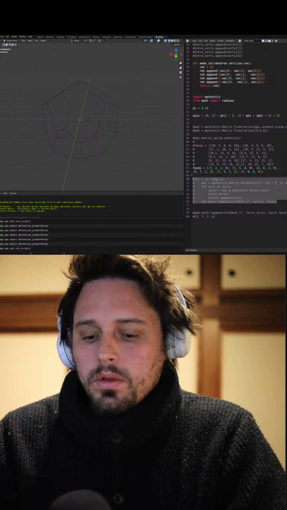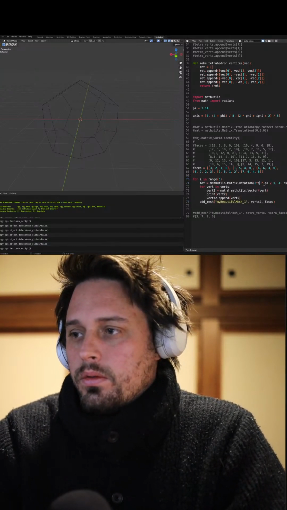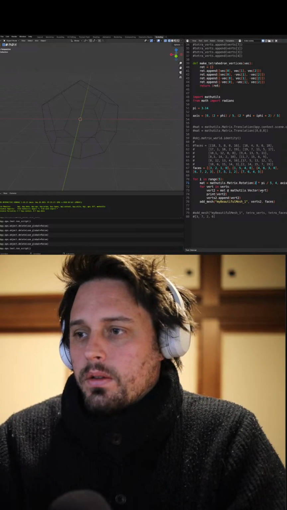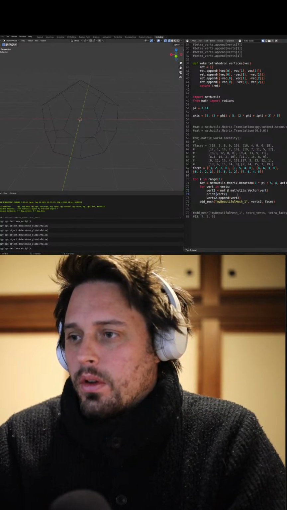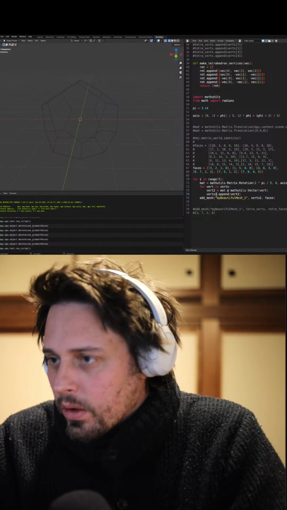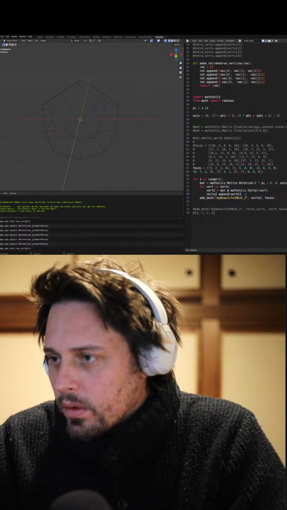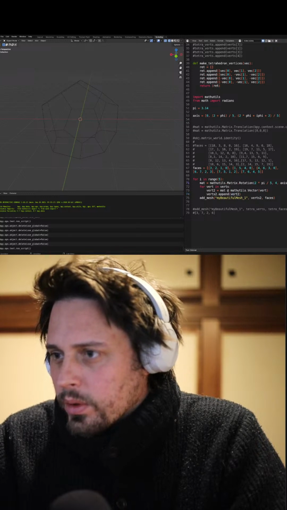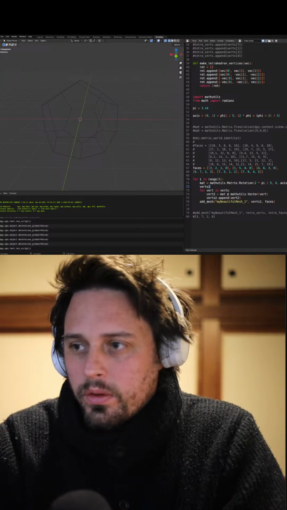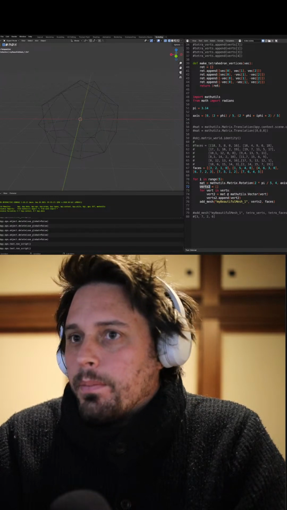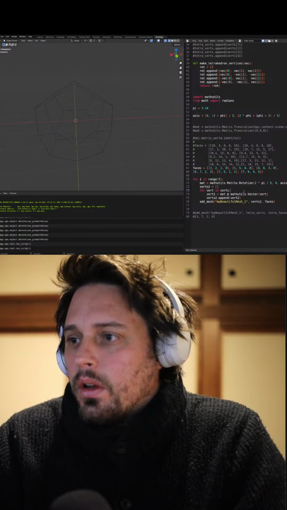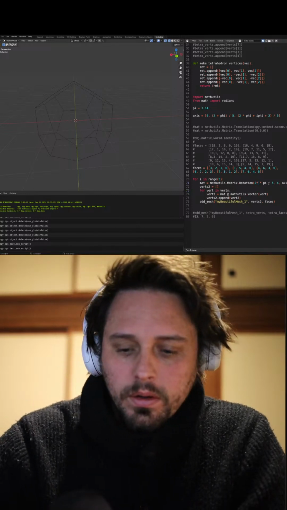So let's just do 2 times pi here. Matrix times the vertices for vert in verts. We don't need to print the verts to append. So what we need to do is verts, we need to sort of initialize this empty. Yeah, there we go. And so now if I make this 2 times I,